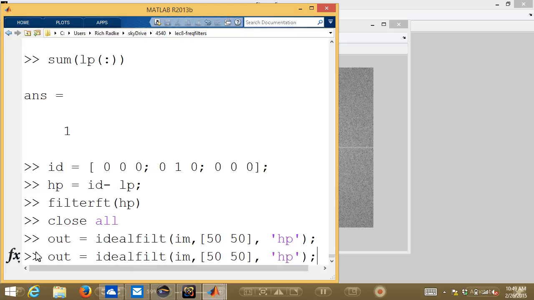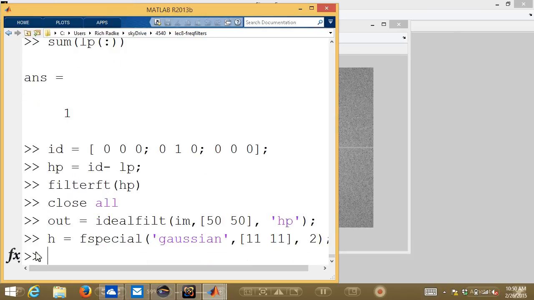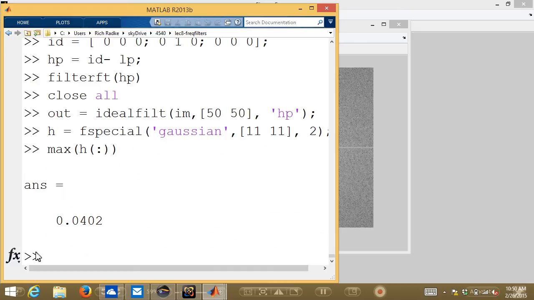And I don't think I have a Gaussian high-pass filter here, but I guess I could make one, right? So let's make a Gaussian high-pass filter. So here's my Gaussian filter. It's 11 by 11. If I look at the maximum value of this thing, let's say that I scale this to be